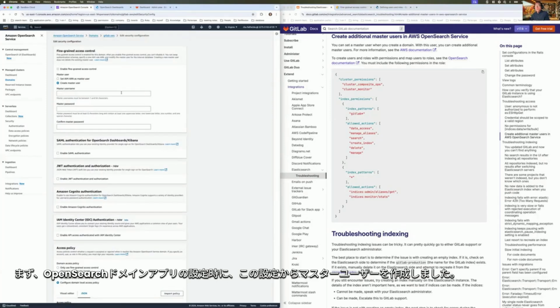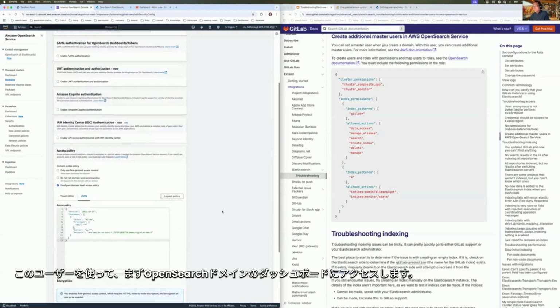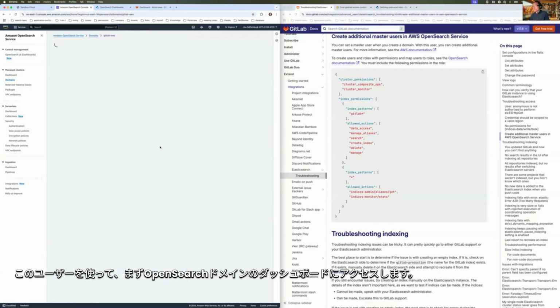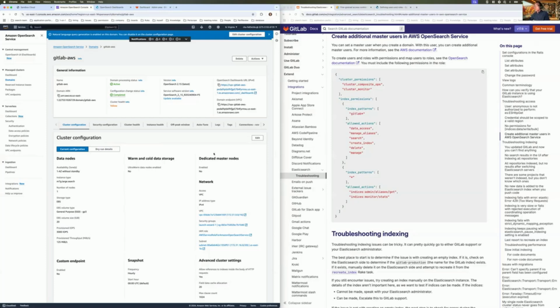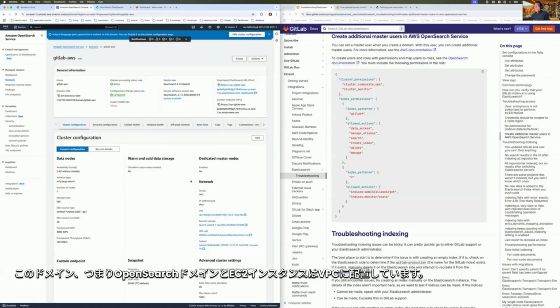When I set my OpenSearch domain up, I created a master user from these settings. So I'm going to use that user first to access the dashboard of my OpenSearch domain. And from the dashboard, I can create an additional user with only limited permissions. I put this OpenSearch domain and my EC2 instance in a VPC, so I cannot access this dashboard from my local directory. The first step,